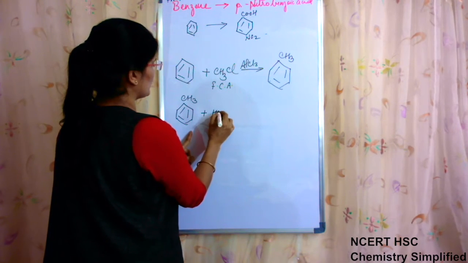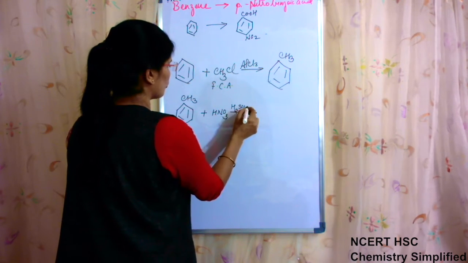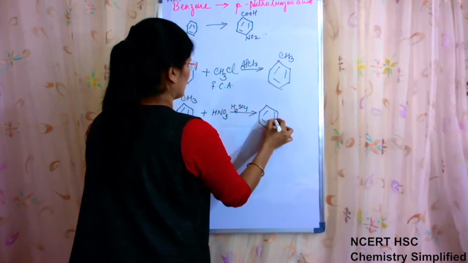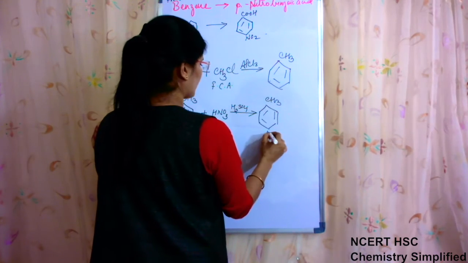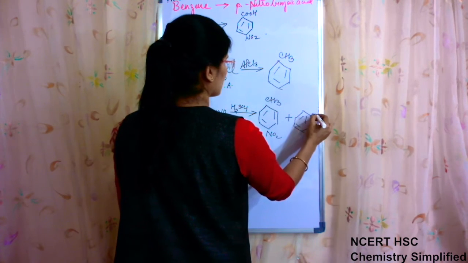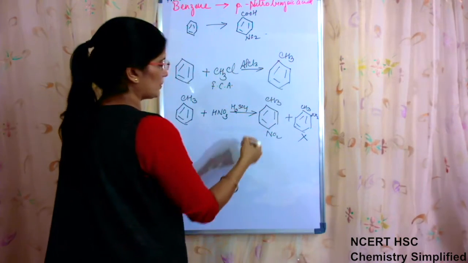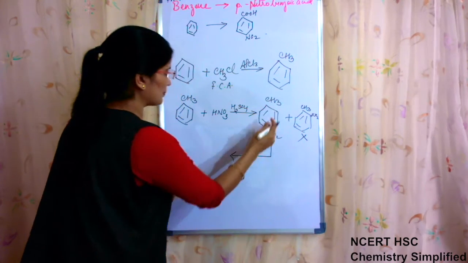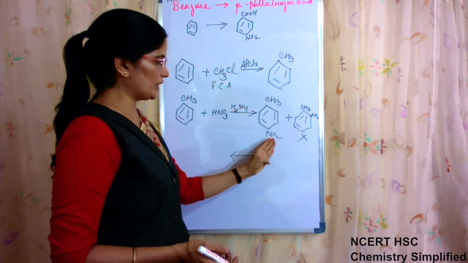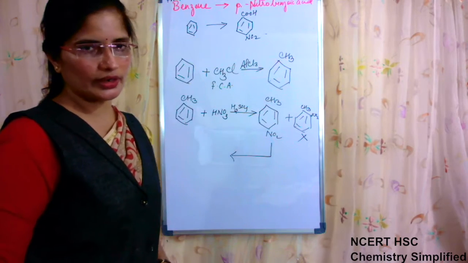Now if you do its nitration, HNO3 in presence of H2SO4, then what will it do? It will introduce the group on para as well as on ortho, as always happens. But this is not the product required by us. We require only this product, so we will proceed with the first product. Now what is there? We have obtained para-nitrotoluene. This CH3 group is required to be converted into acid.